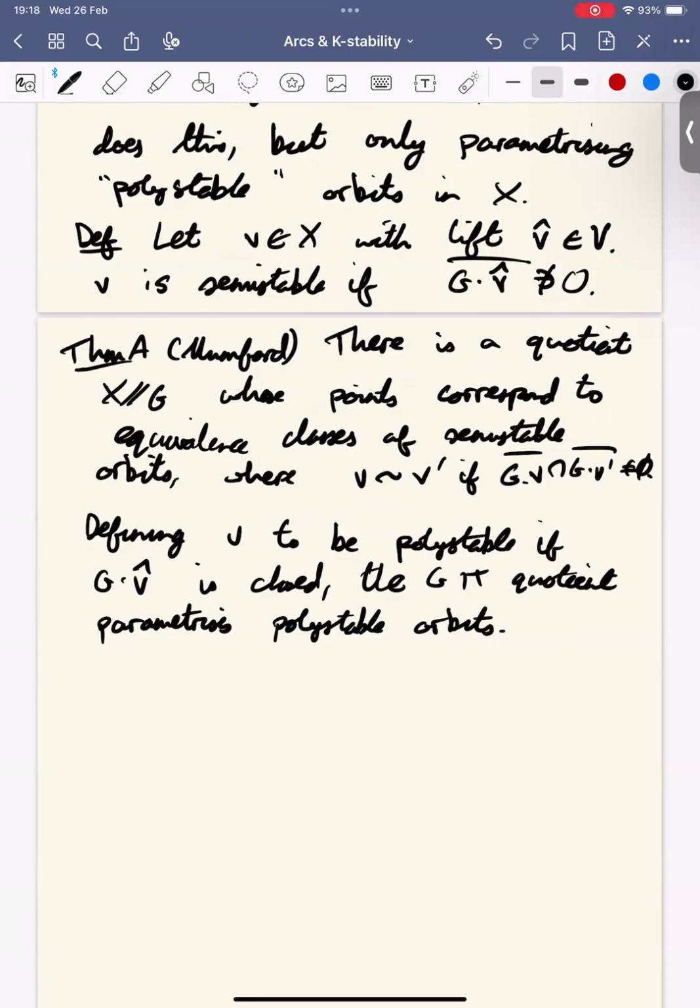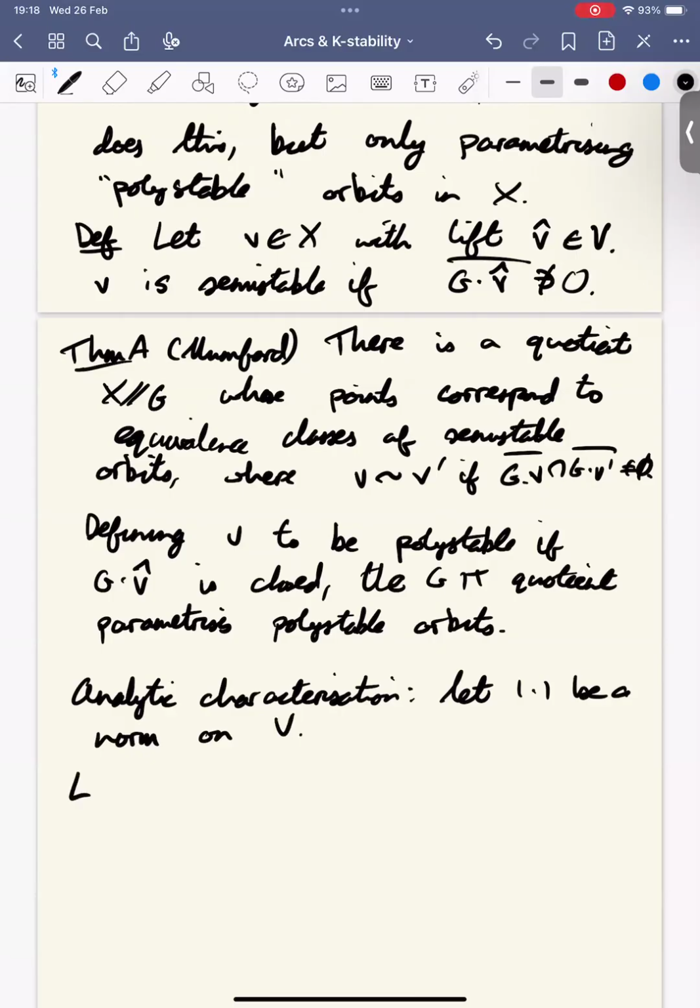But you would like different characterizations of how you should understand polystability. So your quotient is only capturing the polystable orbits. You would like to understand the polystable orbits. So there's first of all an analytic characterization. I say analytic, but it's actually not serious analysis. We'll just choose a norm on V. So we'll let this be a norm on V. Then we have the following lemma